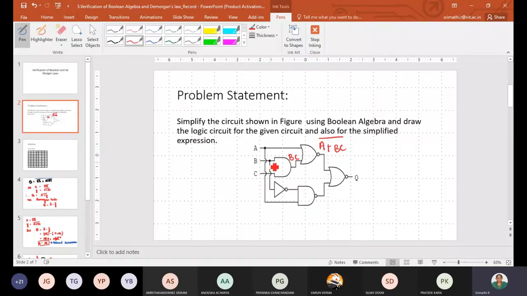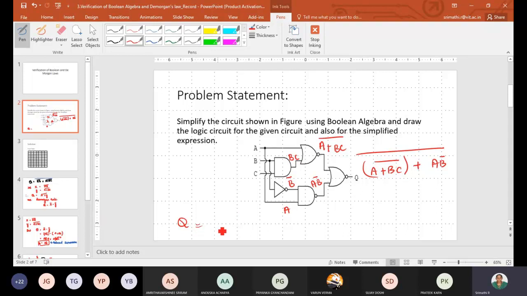This is connected to B, so this is B bar, and this is A, so this is A B bar. And this is again an OR gate, so the result will be (A plus BC) bar plus A B bar, the whole bar. That is your expression for Q.